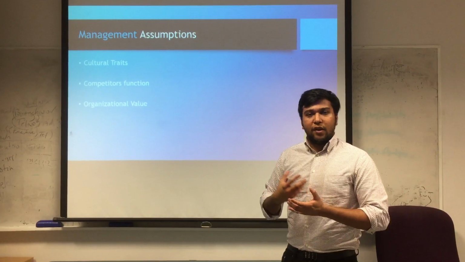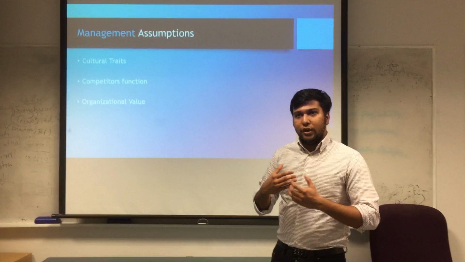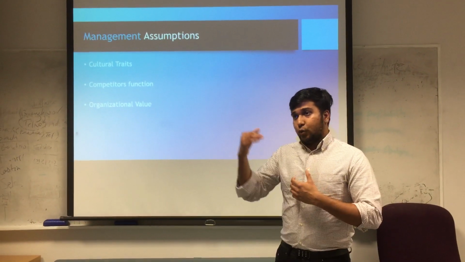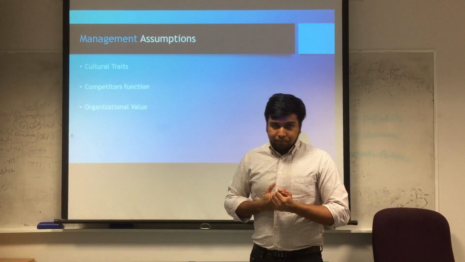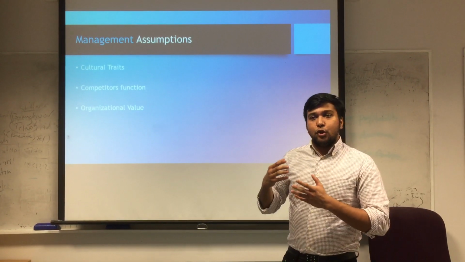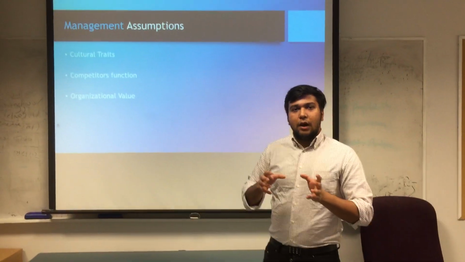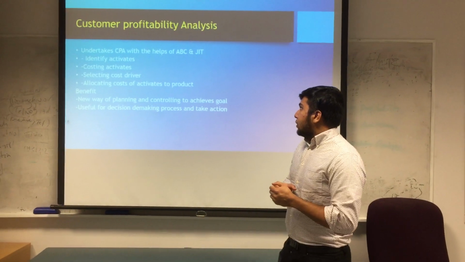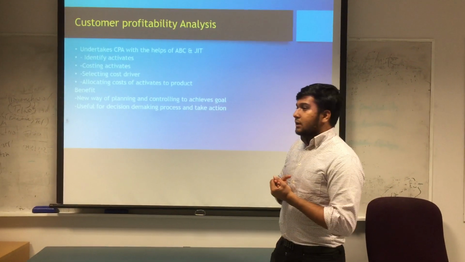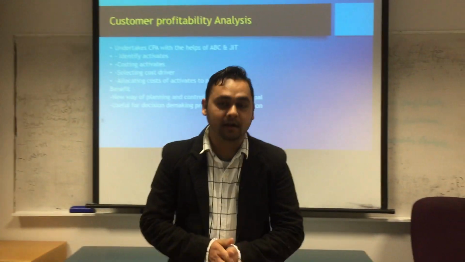So like Golden River Bakery, their owner and their main workers, their main manager, can think about, all right, this is what we're doing, this is what we can do better, and this is what the other companies, like the Fruit Bakery or any other bakery, are doing, and we can follow them or we can do even better. So these are the things with management assumptions, which is the last segment of the four-corner analysis. And moving on, then comes the customer profitability analysis, and Sanjay will take over and explain to you guys. Thank you very much, my friend Tahseen.